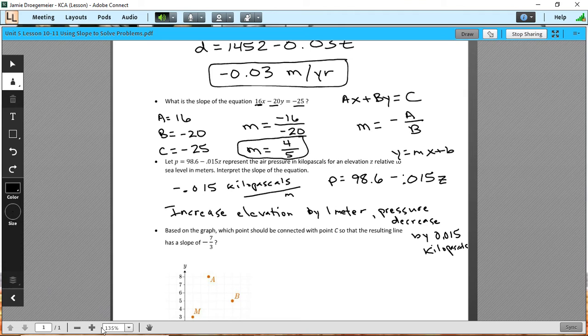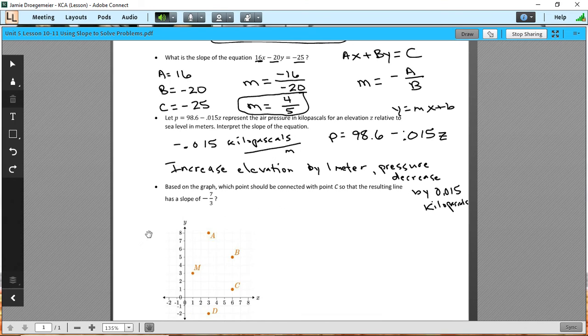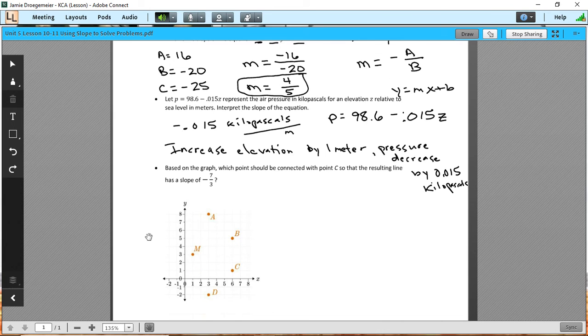All right, then our last one here, let me scroll up. We are given a graph, and it says based on that graph, which point should we connect with point C so that the resulting line has a slope of negative 7/3? All right, so point C right here,